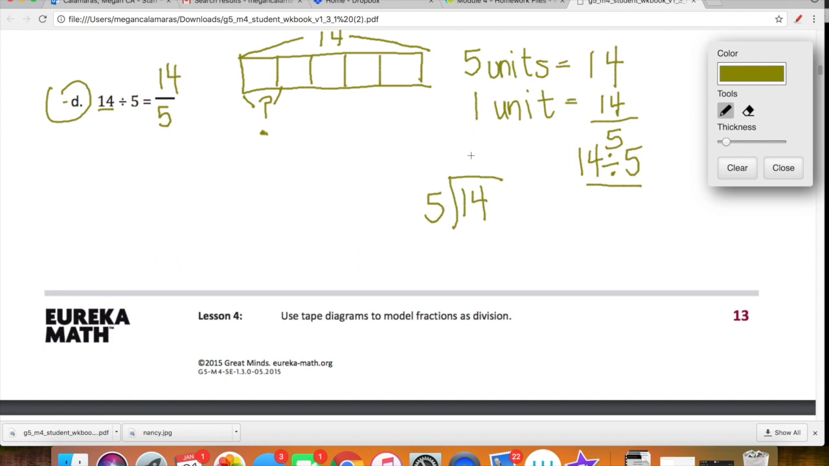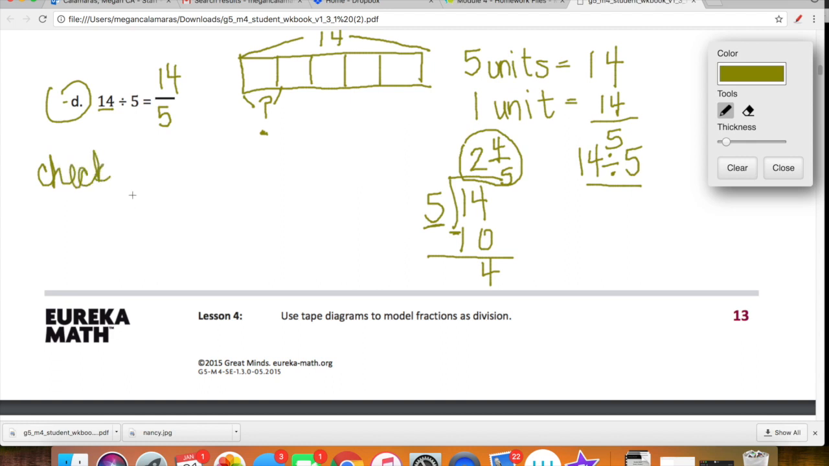So how many 5s go into 14? 2 with some left over. 2 times 5 is 10. We're going to take 10 away from 14 and we're left with 4. 4 fifths. Okay, so that's our final quotient. Let's check that